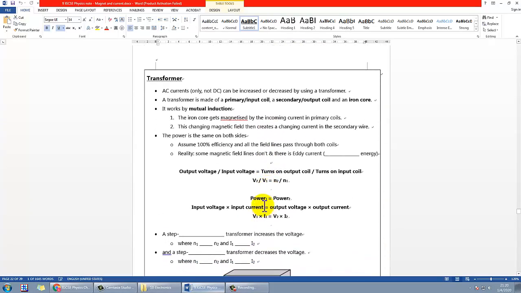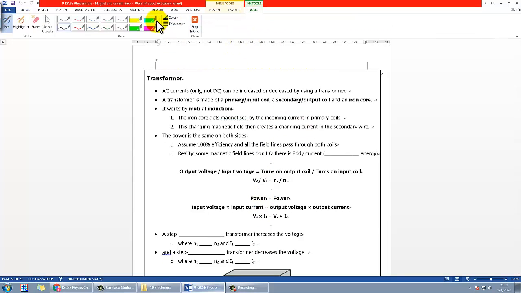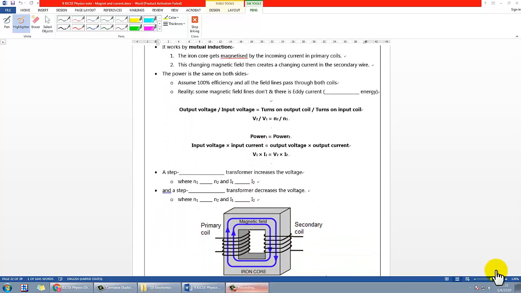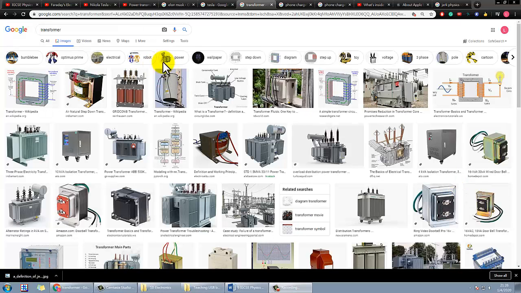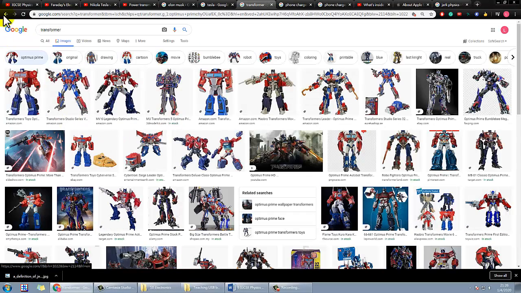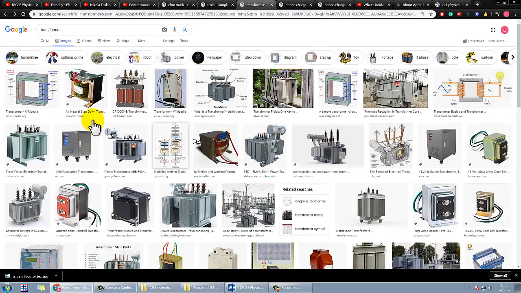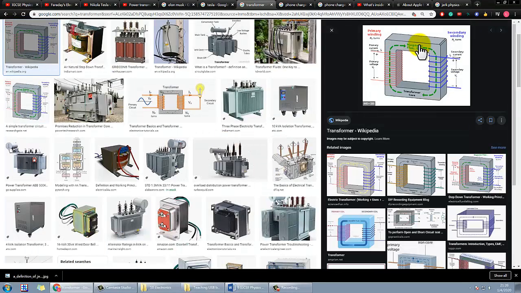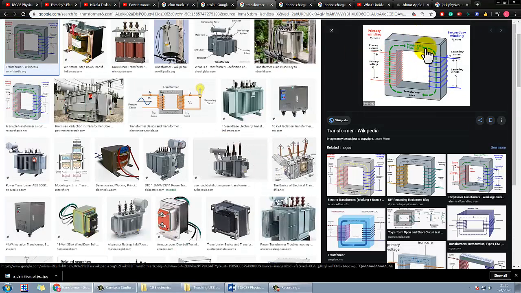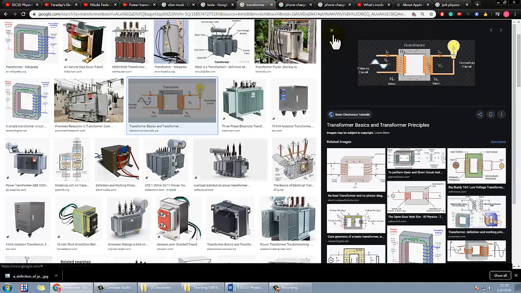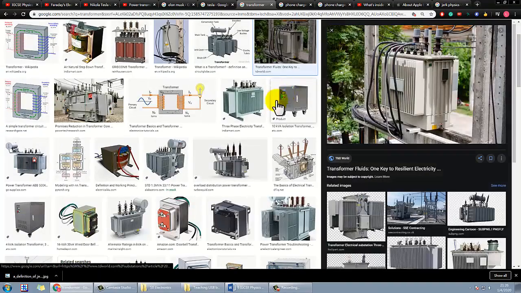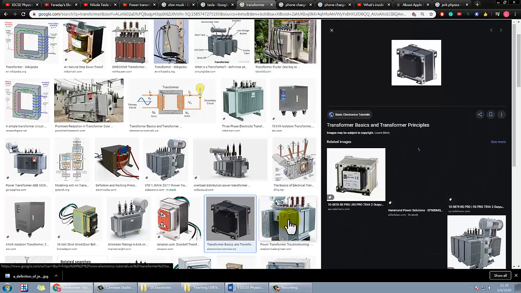So let's take a look at the basic working principle of the transformer here. First of all, whenever you see a transformer, in a household, actually you could also have a transformer. So if you try to Google the word transformer, other than the movie, of course, the robot, right, who doesn't like Transformers, but in physics you see photos like this. This is a typical transformer model that we usually see, or this one, but more practically you may find photos like these things, right?